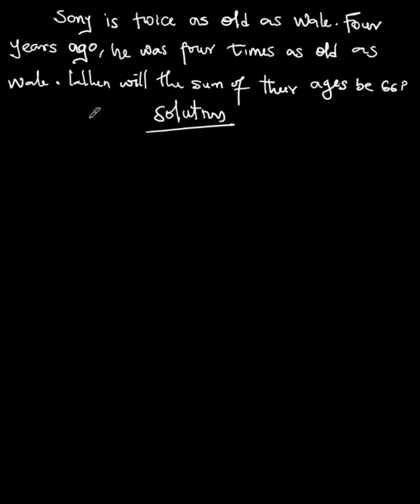So first, Sonny is twice as old as Wally, so we don't know Sonny's age, we don't know Wally's age. So let Sonny's age equal S for easy identification. And then Wally's age equals W,